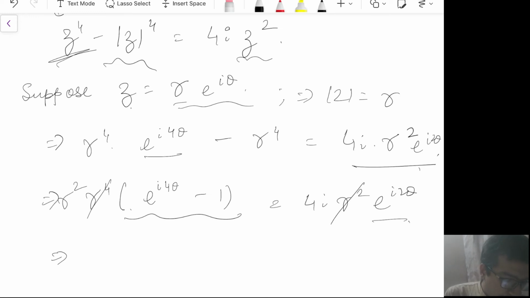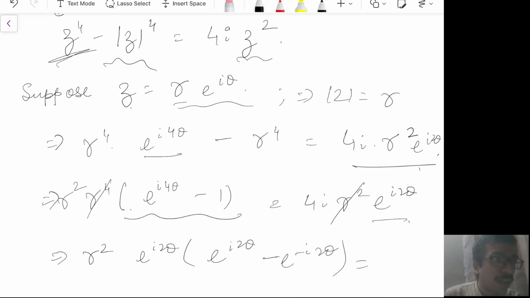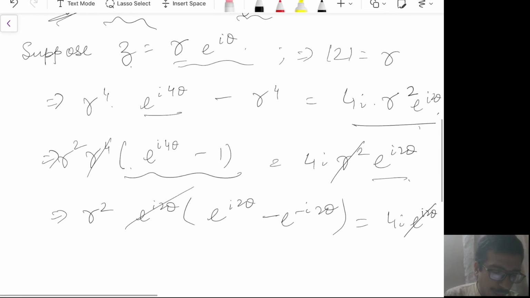Okay. And now if I take out e to the power iota 2 theta common, I get e to the power iota 2 theta minus e to the power minus iota 2 theta, and this equals 4 iota e to the power iota 2 theta. So this e to the power iota 2 theta can also be cancelled out, and now I get r square times twice iota